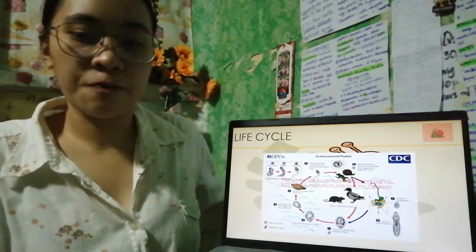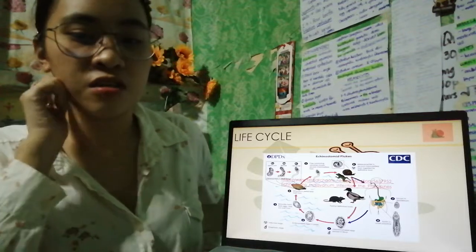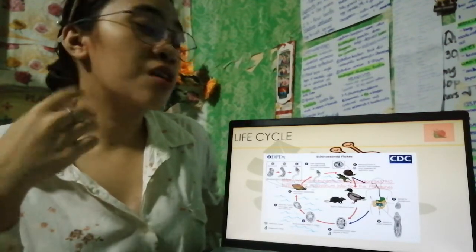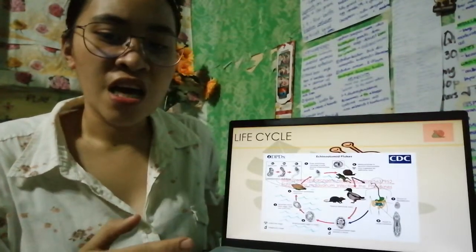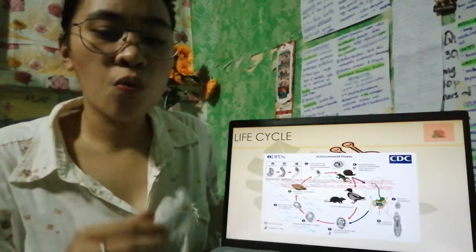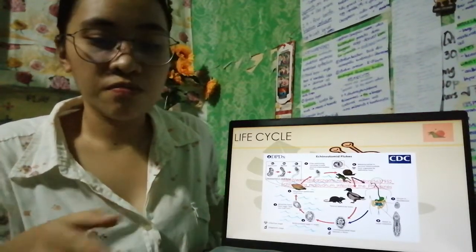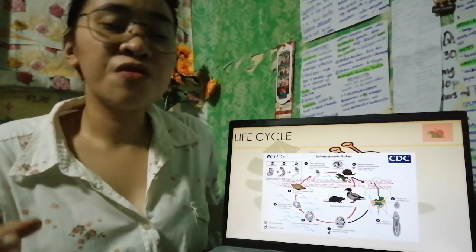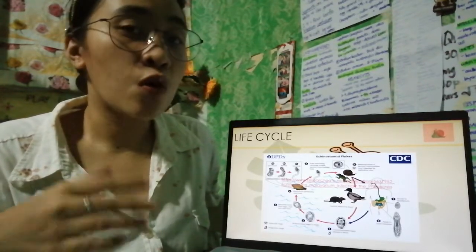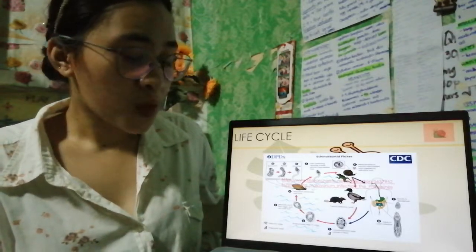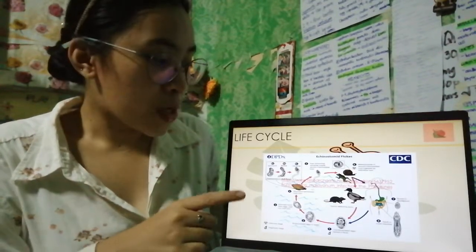So, the life cycle. The life cycle of digenetic trematodes is regularly complex. It is difficult, and species of Echinostoma are no exception. Echinostomid flukes undergo a multiple host life cycle. So first, the